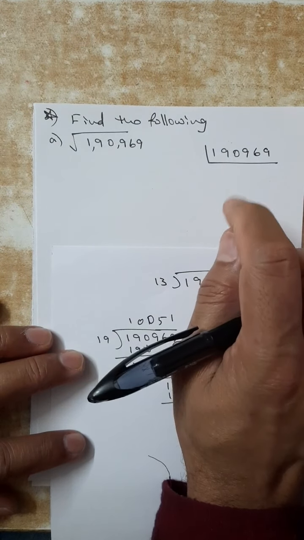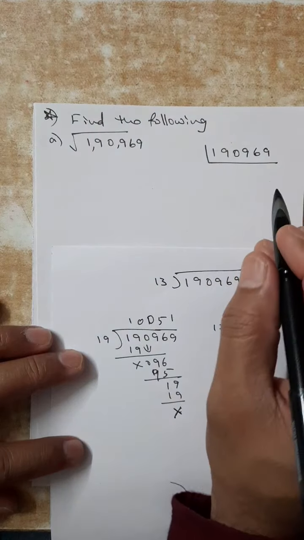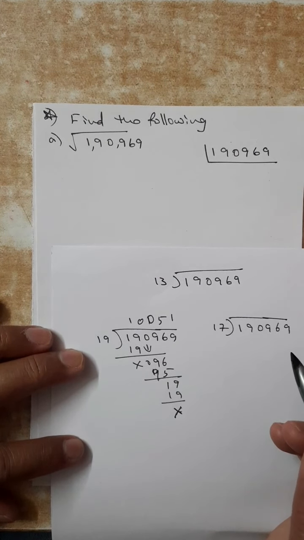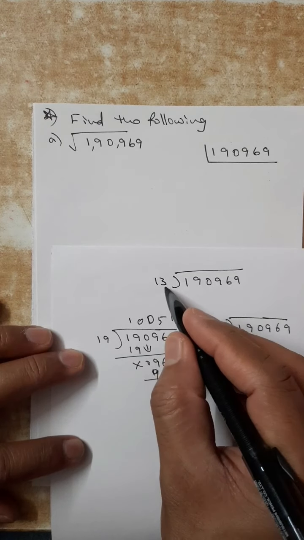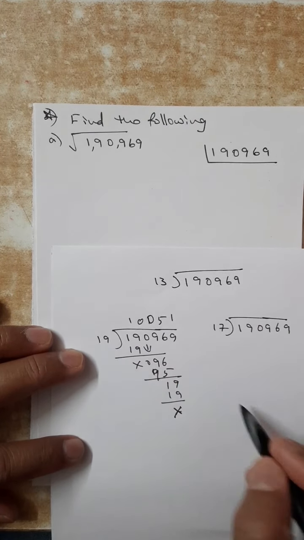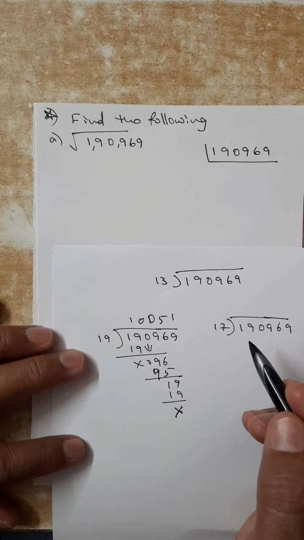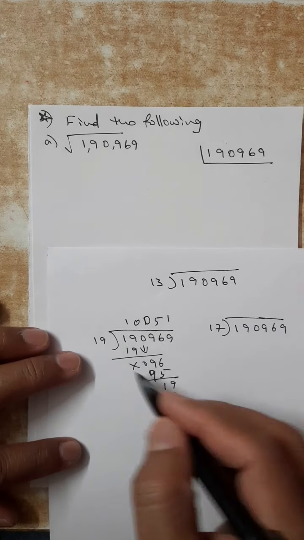11, those who are smart can do. If you are very weak, not at all confident, division with 11 you can do, no problem. Only in a very rare case will you go up to 17, 19, 23 sometimes. So if you can manage, well and good. Otherwise you can do the division fast.